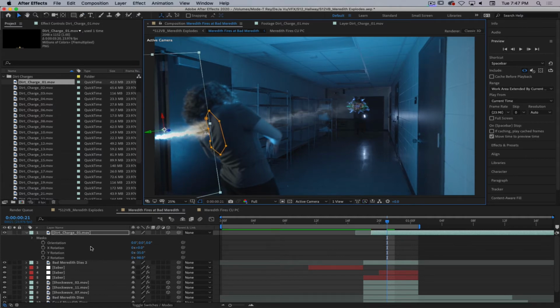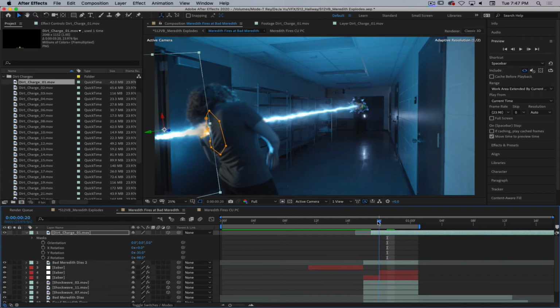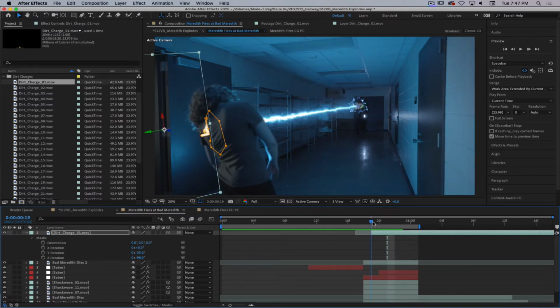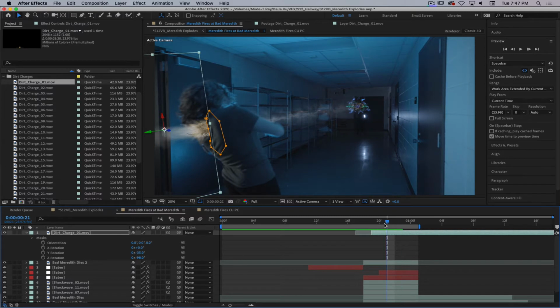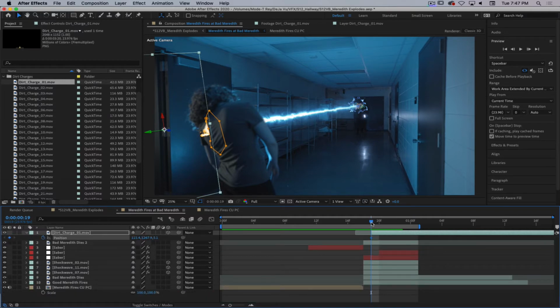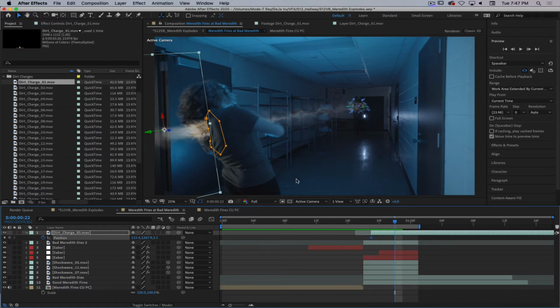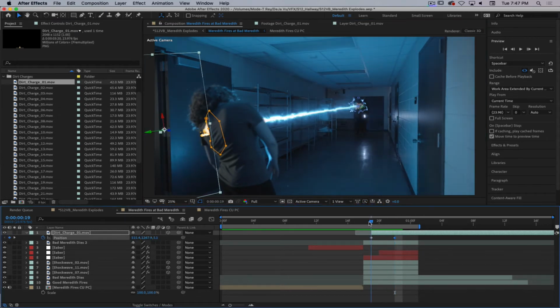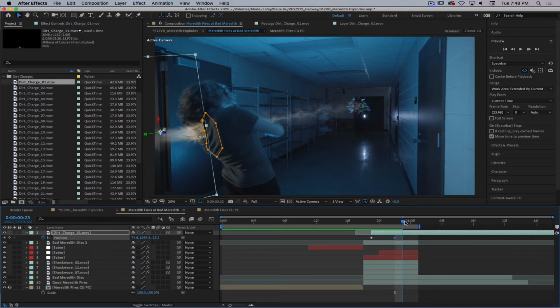Just moving this a little bit and then that actually looks really good. So then we kind of want to move that with her body a little bit because she's moving. I mean, the charges are moving too. This is going to be a really, really subtle movement. Position, change it, and then I'm just going to move this way ever so slightly and down. You just grab that from Video Copilot. Yep. And then what I'm going to do with this is